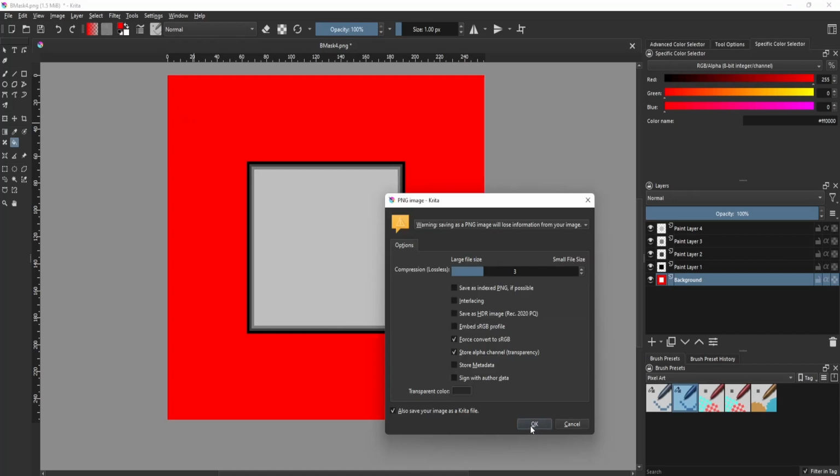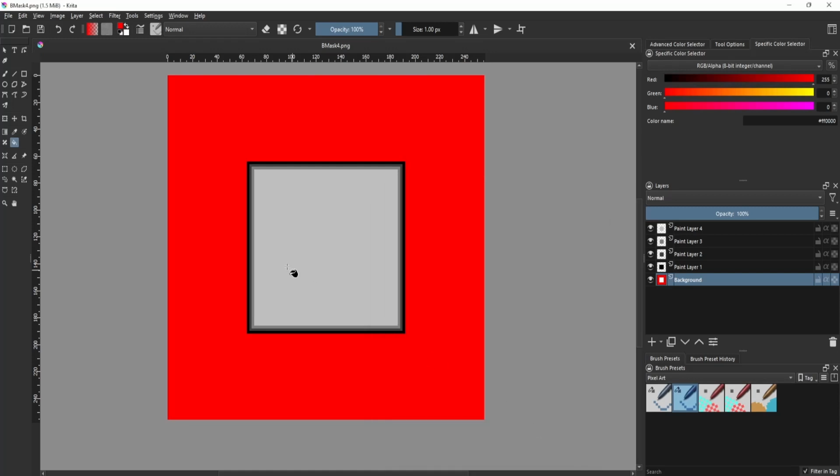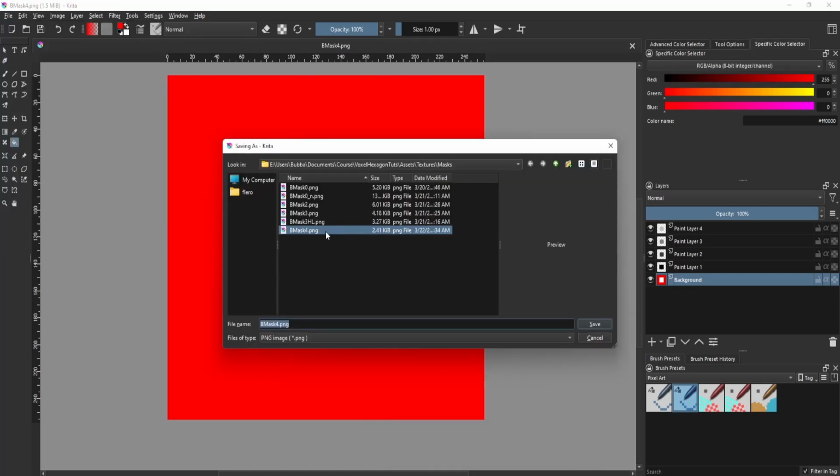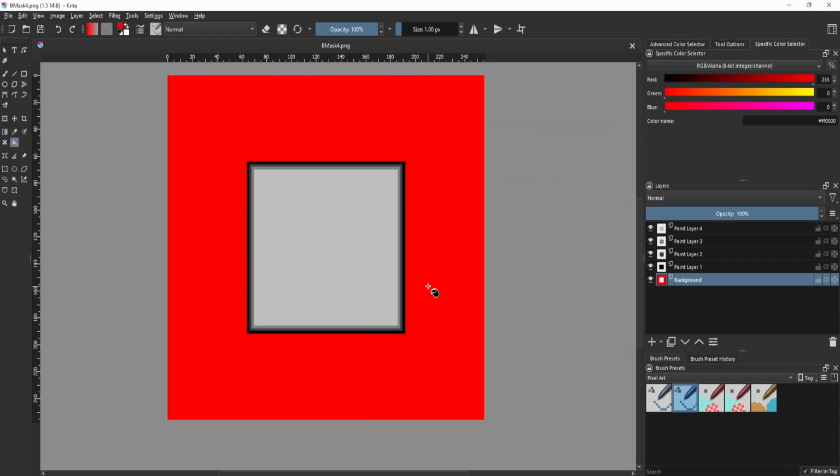I've saved mine as BlendMask3 under my textures folder. And I'm saving a CRTA copy of the file also, so everything will work out. We can come back and edit this. Okay, so now